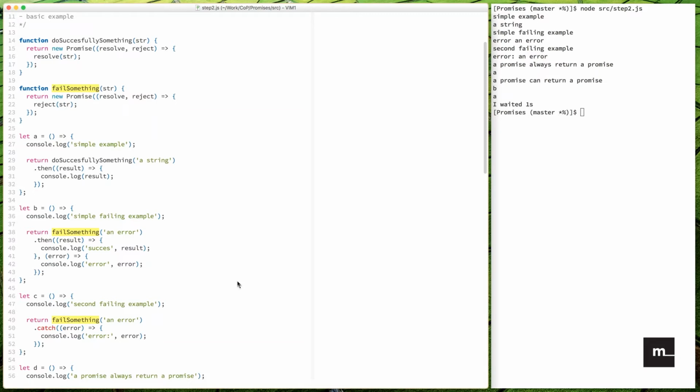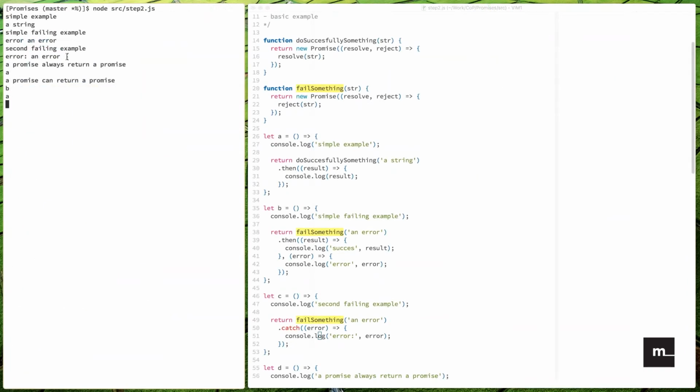You can instead put a catch on a promise. So if you do promise.catch, it's going to just add an error catcher, and it's going to call the error there. Okay, so a simple failing example here. We basically get error and error and error and error, which is basically the same string. Bad design on my part of those examples, but whatever. So at this point, what we know is that a promise can be done, and a promise can catch